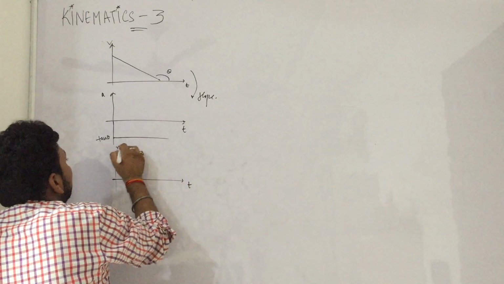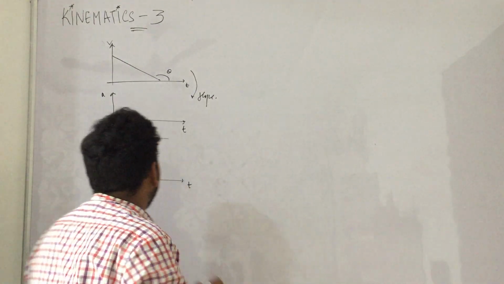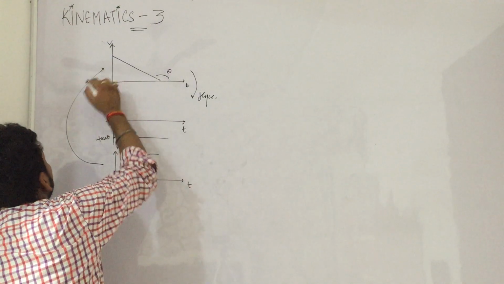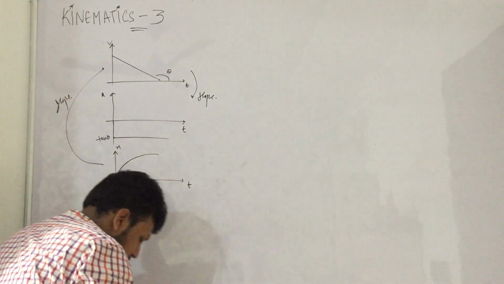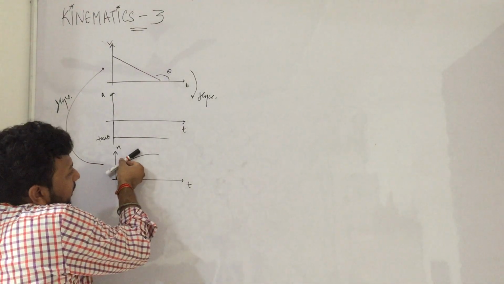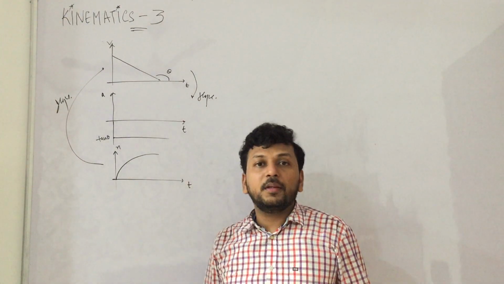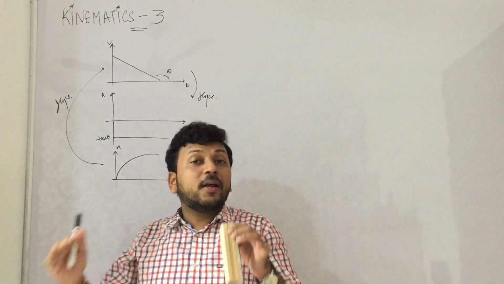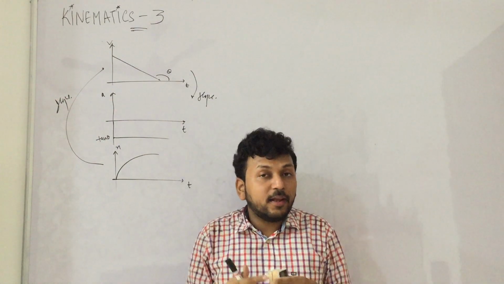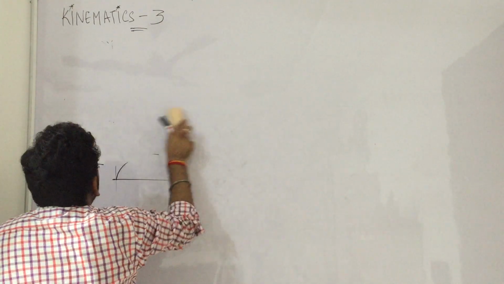Similarly, if we find the x-t graph, as I told you, position will increase, but at a different rate. The x-t graph will be like this. So you can see the slope was more, then less, then less. So the slope is decreasing. That means velocity is decreasing. That is what is happening. I hope you are able to connect everything. Physics and maths are totally interlinked at each point. I am erasing this. These are the concepts involved.